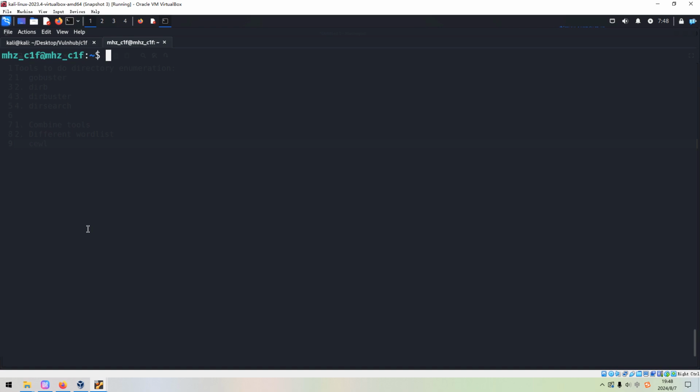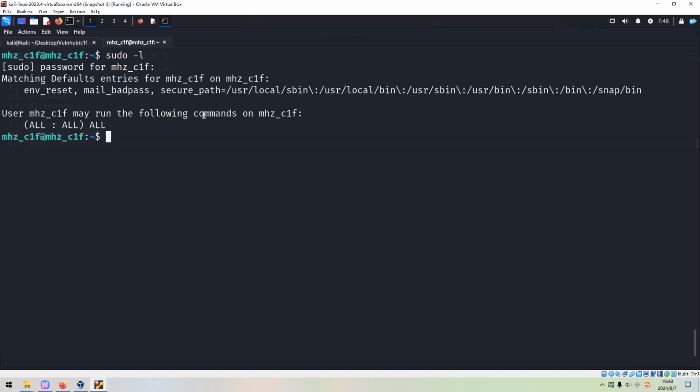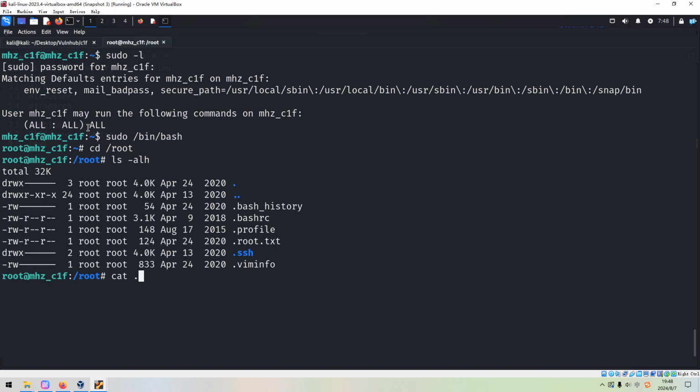And the next command is sudo with the option of -l to see whether this user can run sudo. Yeah, even can run all commands. So the privilege escalation would be very easy. As you can see, we successfully elevated our privilege to root user. Then we can navigate to root directory, and then we can get the final flag.